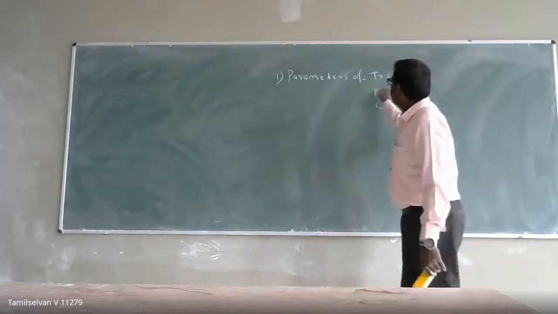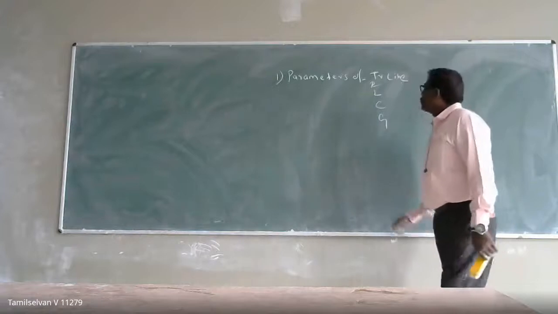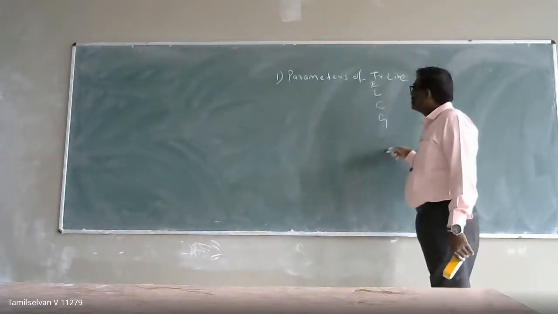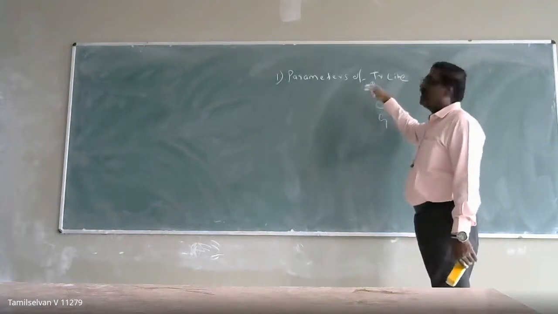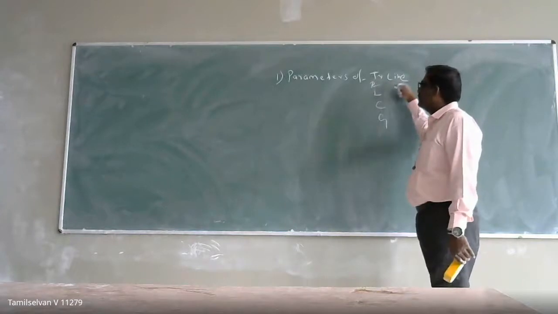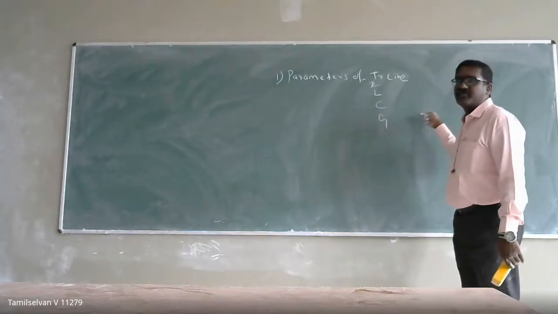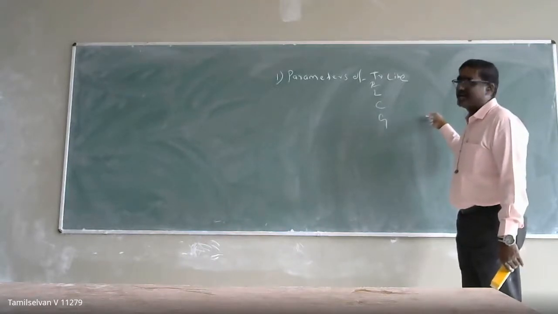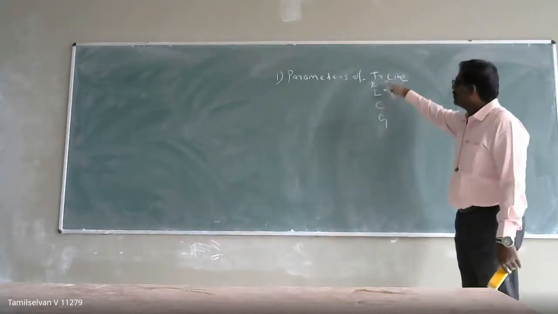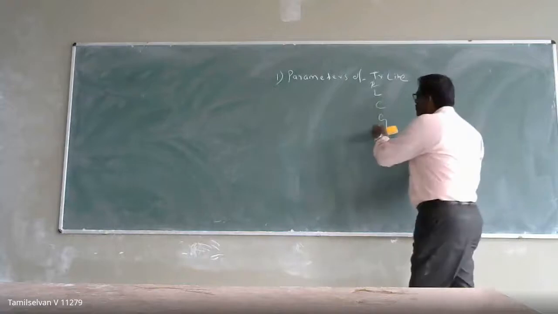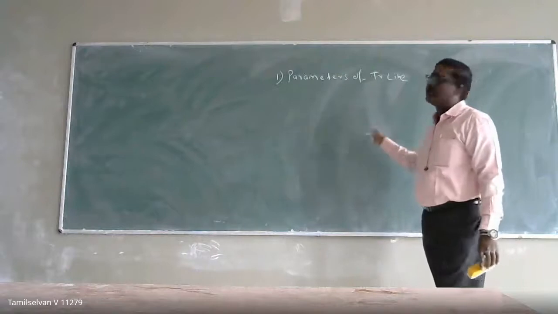So the parameters of the transmission line are R, L, C, and G. How to calculate these parameters, we have seen in the first half of the module. We saw what the resistance is and what it depends on in a transmission line, then how to calculate the inductance and the capacitance of an overhead transmission line for different circuits, either single circuit or double circuit. G is the reciprocal of the resistance, so we are not giving it much importance in the calculation.